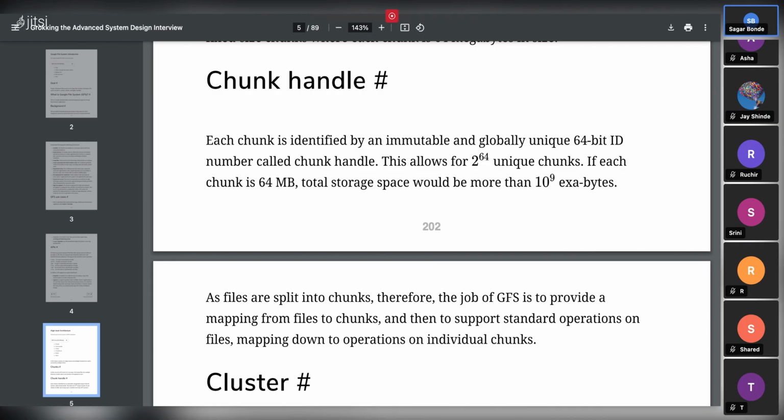Let's say one bit of information would be just 0 and 1, so it will just have two values. So we would be able to uniquely identify just two chunks with one bit. If it's two bits, it could be four, and just like that. So how many unique chunks we can